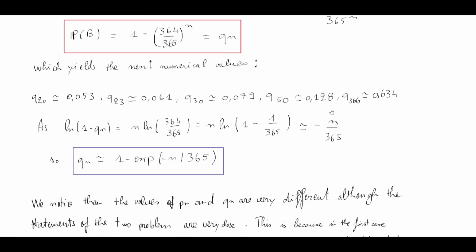Q20 equals 0.053, Q23 equals 0.061, and Q30 approximately equals 0.079, and Q50 approximately equals 0.128, and finally Q366 approximately equals